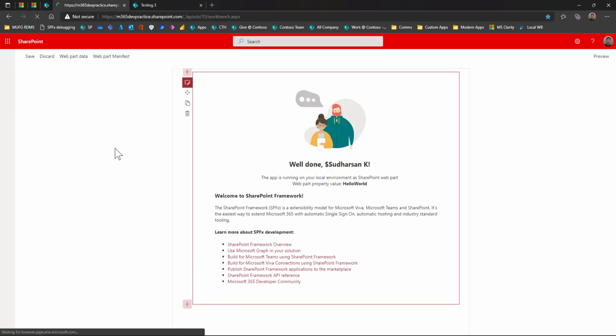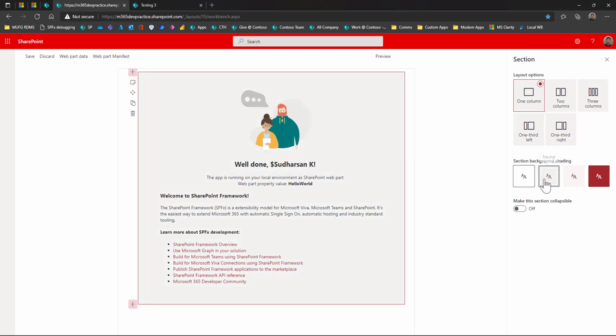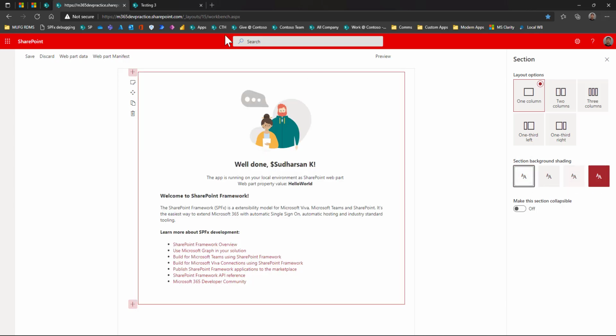So they have changed the template. Usually it will be a blue screen with a couple of links and a description, and now they have presented a different UI, which is very clean. And here, as I told, it is supported by default for section backgrounds, and you can see it automatically supports the section background.